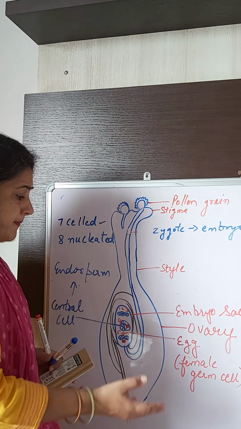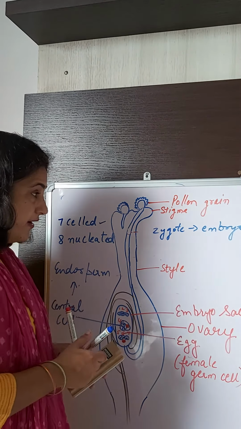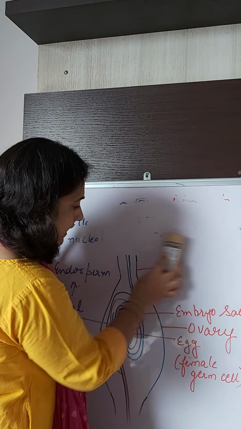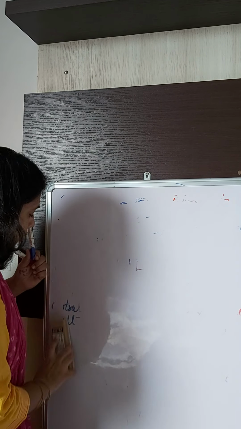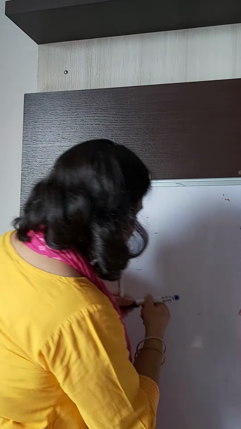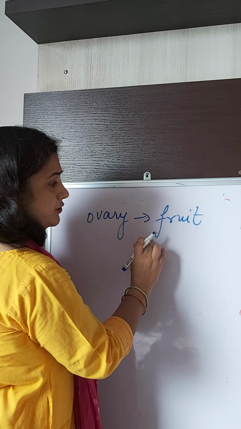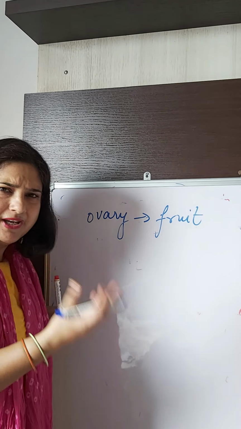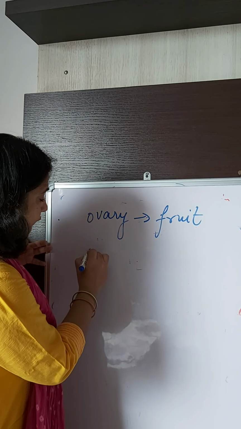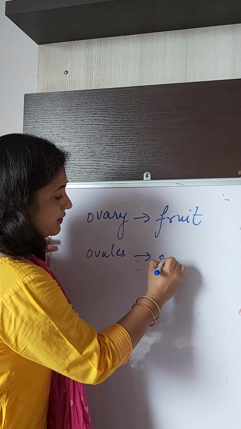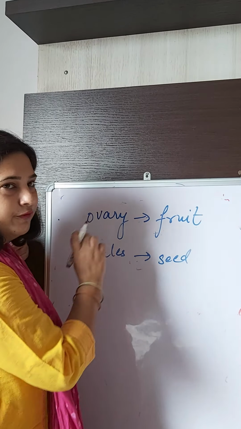Now when they shrivel off, the ovary ripens, it matures, and the ovary matures into, again a very important point for you, because we sometimes do not come to know what happens to the ovary. What happened to the ovary? The ovary develops into fruit. It is the fate of the ovary. The fruit that we eat, of any plant, is nothing but the ovary. We are eating the ripened ovary. And the ovules develop into seed. The fate of the ovule is seed, and the fate of the ovary is fruit.